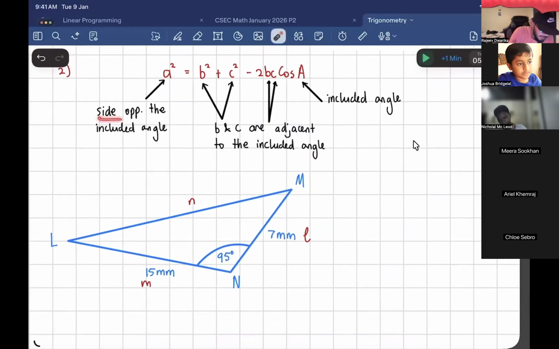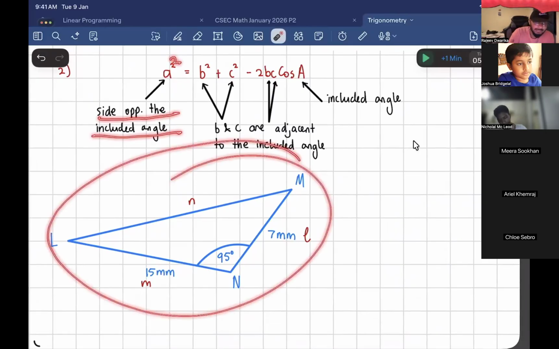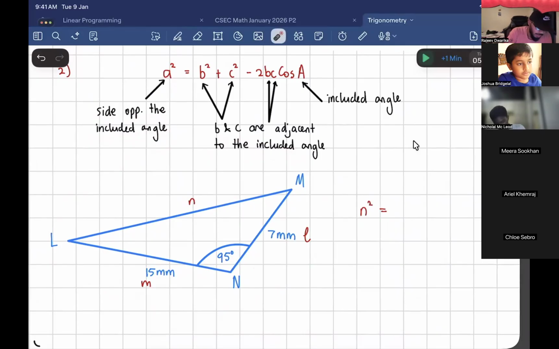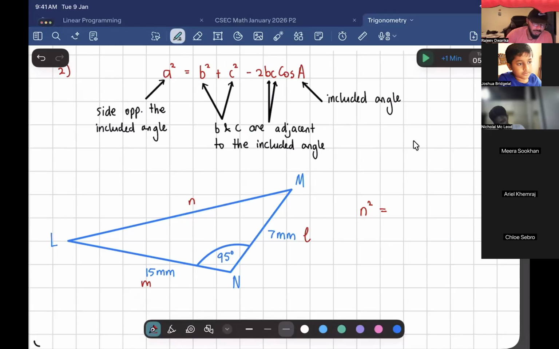So look at the formula. We start off with the side opposite the included angle squared. Which side is that? Common n. We don't know what n is, so you have to put that first. So n squared would be equal to,